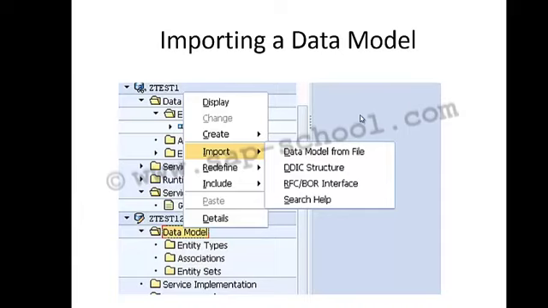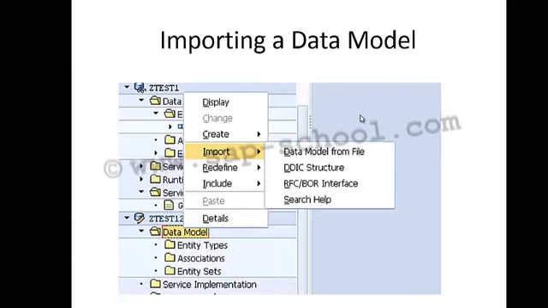So there are certain prerequisites for this. For the data model files with vocabulary based annotations, the used vocabulary definition should be available in the vocabulary repository maintained in service builder. Then if the EDMX file has only the reference URL for referring the used vocabulary, then as a prerequisite the used vocabulary should be imported manually into the data model before the file import.